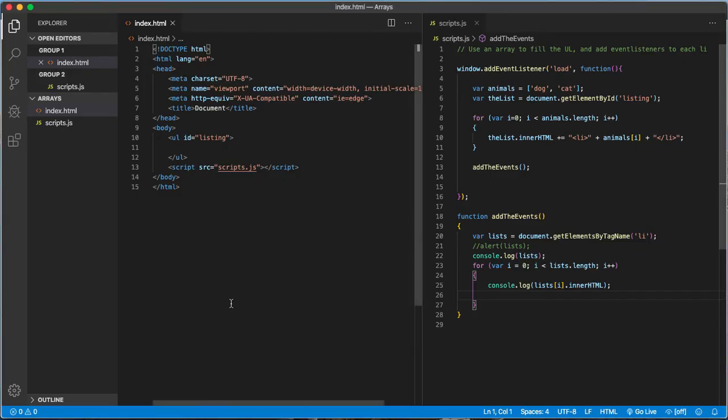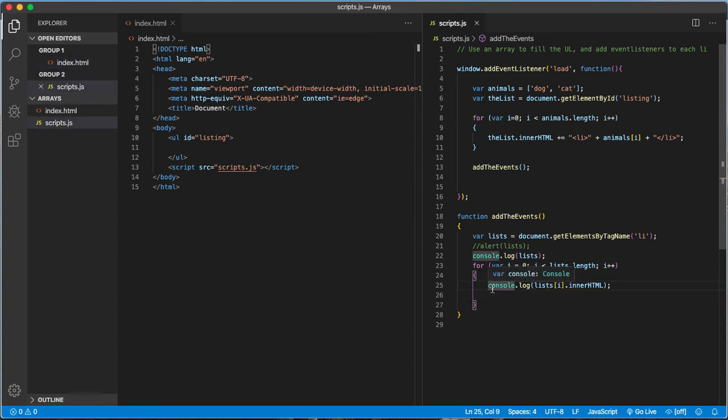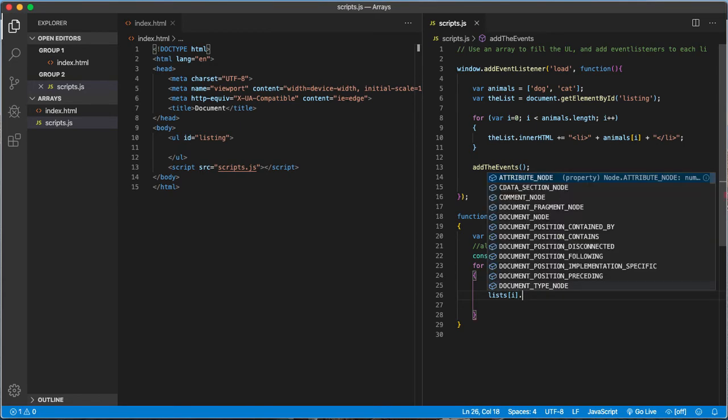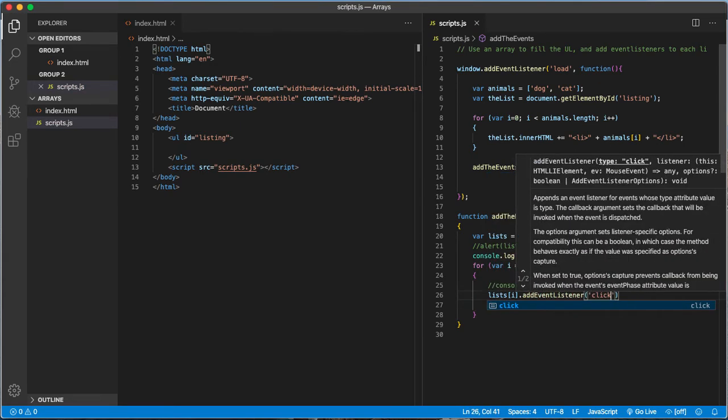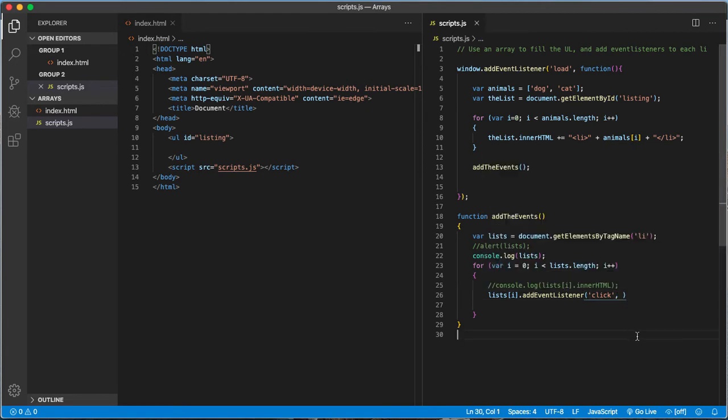All right, so let's go back into our Visual Studio Code, which is here. There we go. And okay, so far we're console logging the innerHTML, and we are looping through the lists, our array of LIs. All right, so now instead of doing that, or while we're doing that, we're going to add an event listener. So we'll say lists, that's our LI array, lists of i dot addEventListener, and then it's going to be a click event, and then we're going to do an anonymous function,